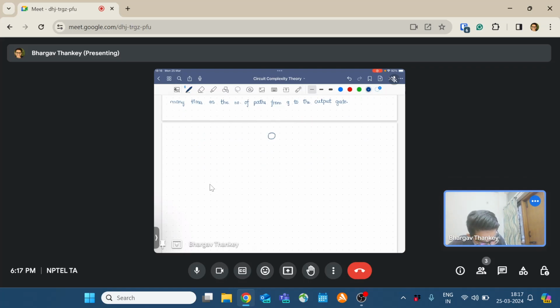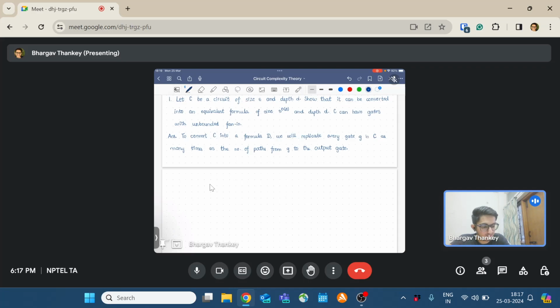Let's say this is the output gate. There is one gate that feeds twice into the output gate. Then there is another gate that feeds twice into it, right? So to get a formula, you need to replicate this gate twice and this gate four times, right? So that's the number of paths from this gate to the output gate. So once we have replicated this, what we'll do is